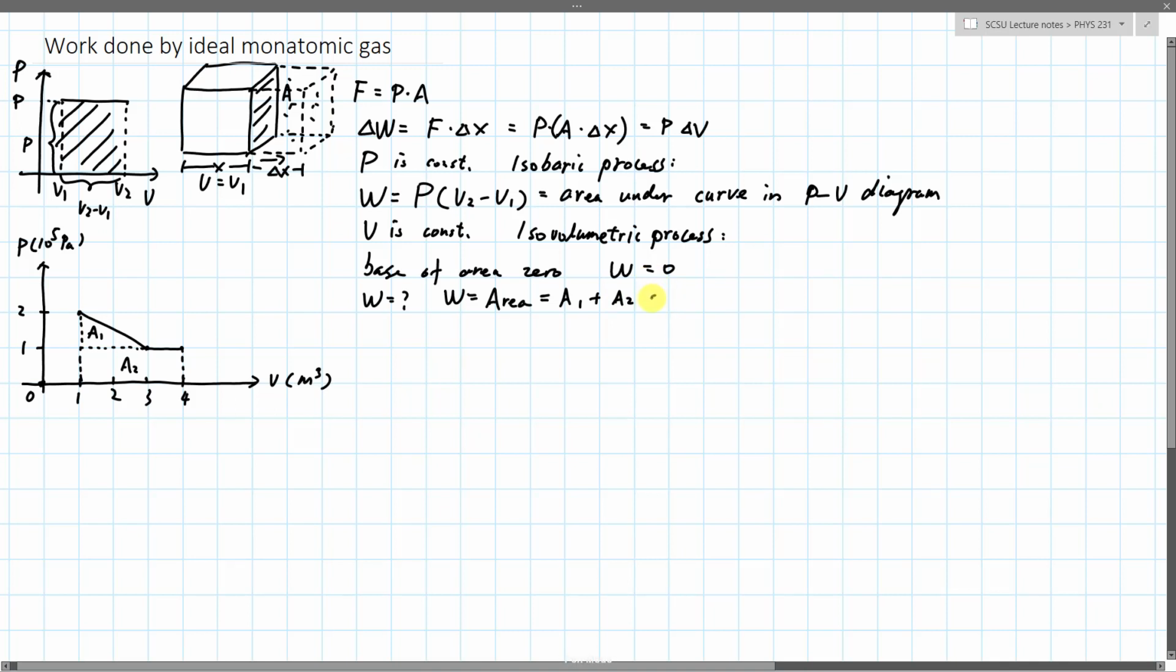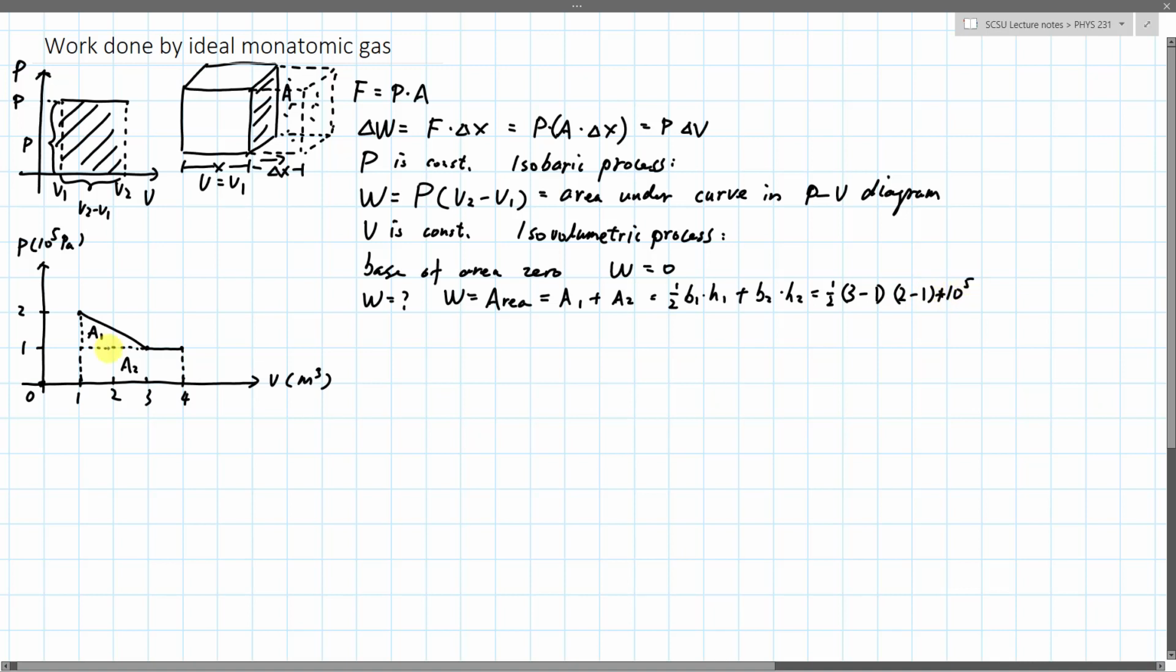is a right angle triangle, so 1/2 base times height, and A2 is a rectangle, so base times height. Okay, so A1's base is actually this. So from 1 cubic meter to 3 cubic meters, so the difference, right? So that is equal to 3 cubic meters minus 1 cubic meter as a base, and the height is this minus that, so 200,000 minus 100,000, so 2 minus 1,